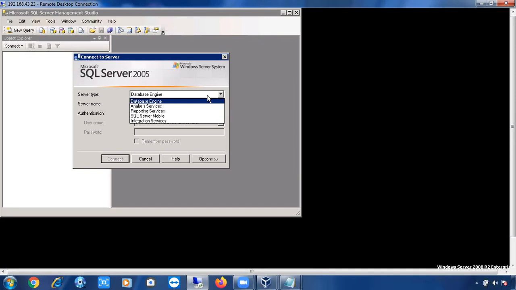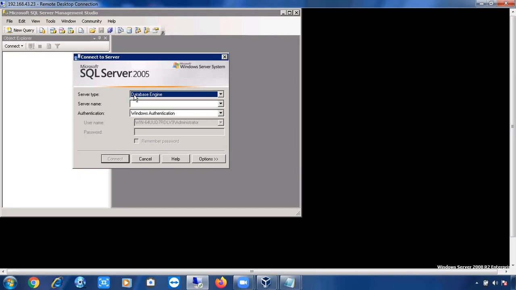So that's why server type should be Database Engine. As a DBA we have to work on the database engine. Database engine is the engine of SQL Server. Even analysis services, reporting services, integration services, all services work on this database engine only. If the engine is not working, nothing is going to work.